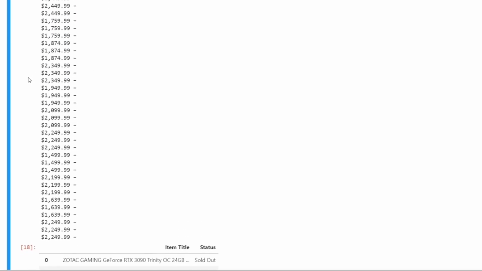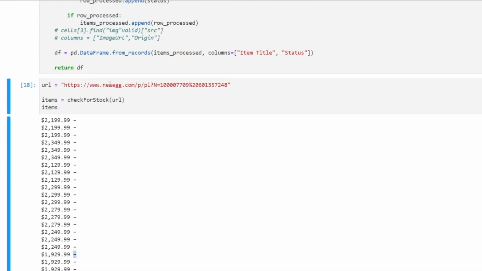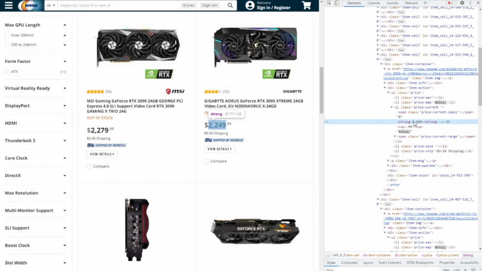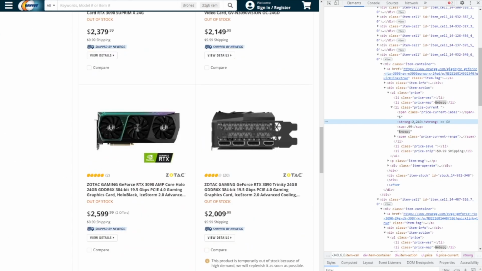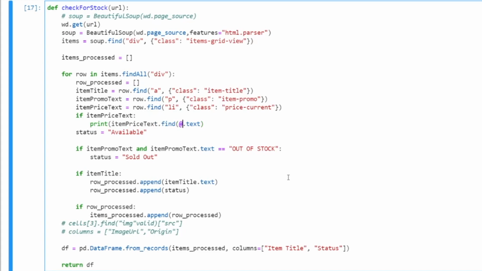So I have numbers here. I don't want the currency sign, and I don't want this text here, right? So let's go back. So as you can see, I can find the number inside the strong tag. So maybe if I do find strong, so inside the item price,